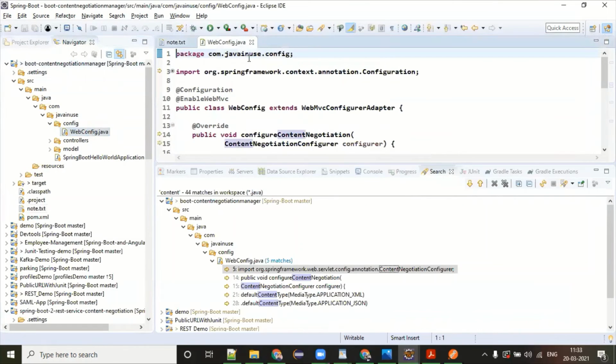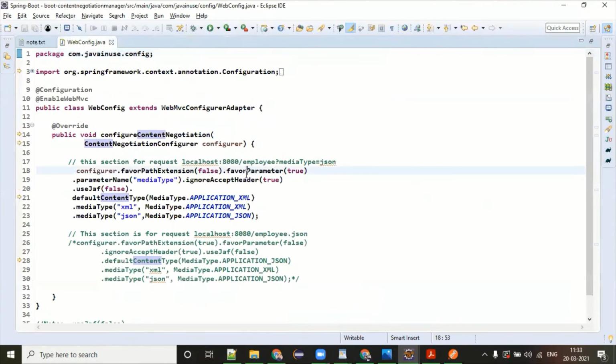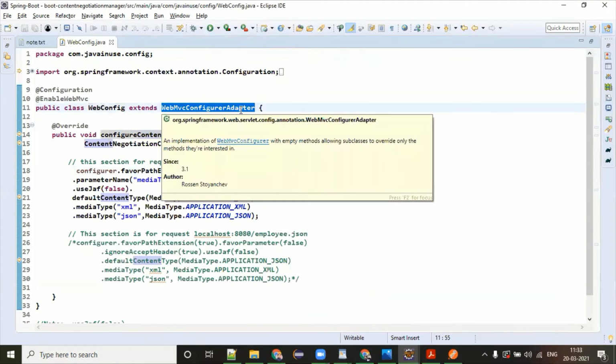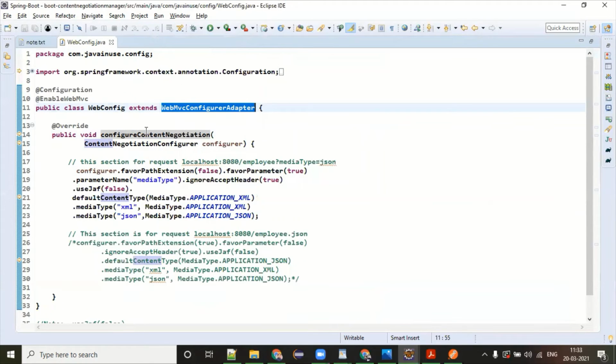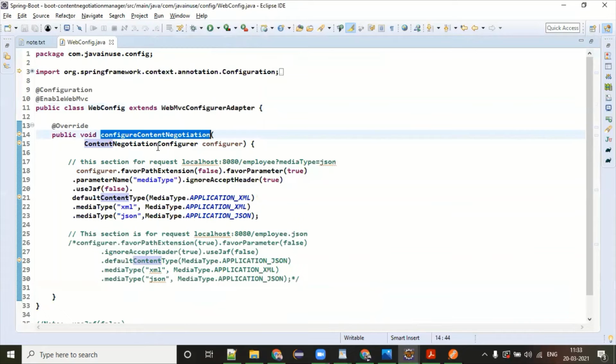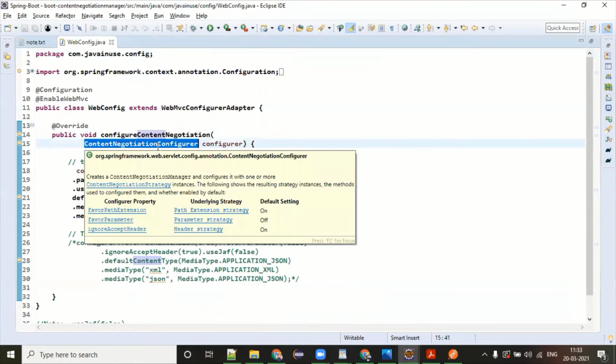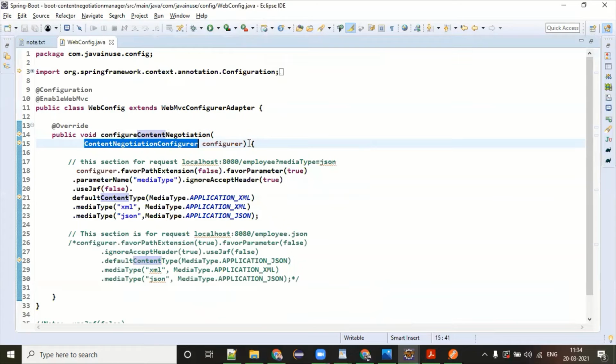What I did here, I have created one class called WebConfig, and this is extending the class called WebMvcConfigurerAdapter. Under this itself, we have one method called configureContentNegotiation, with ContentNegotiationConfigurer. So Spring Boot itself provides this kind of library, since they know there might be a scenario where a user is going to use this.